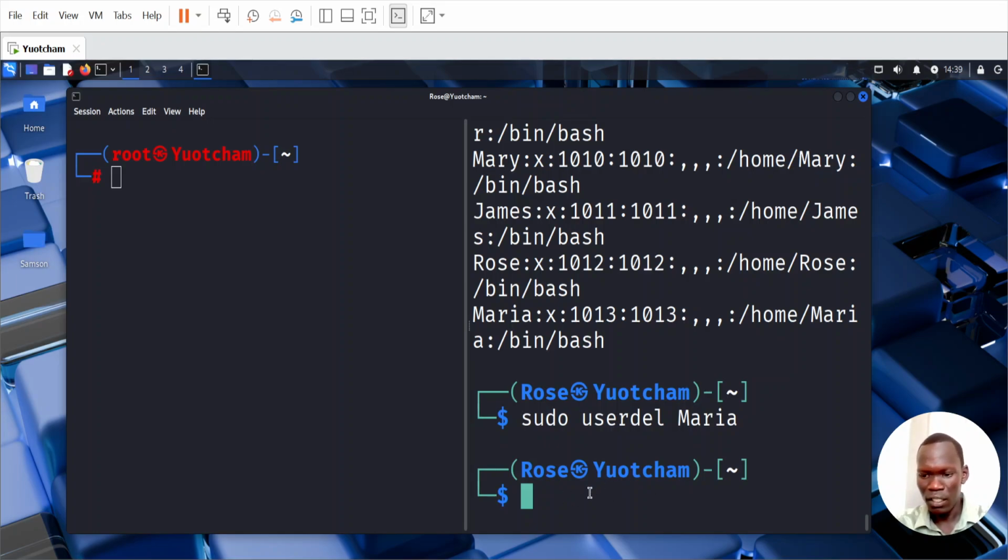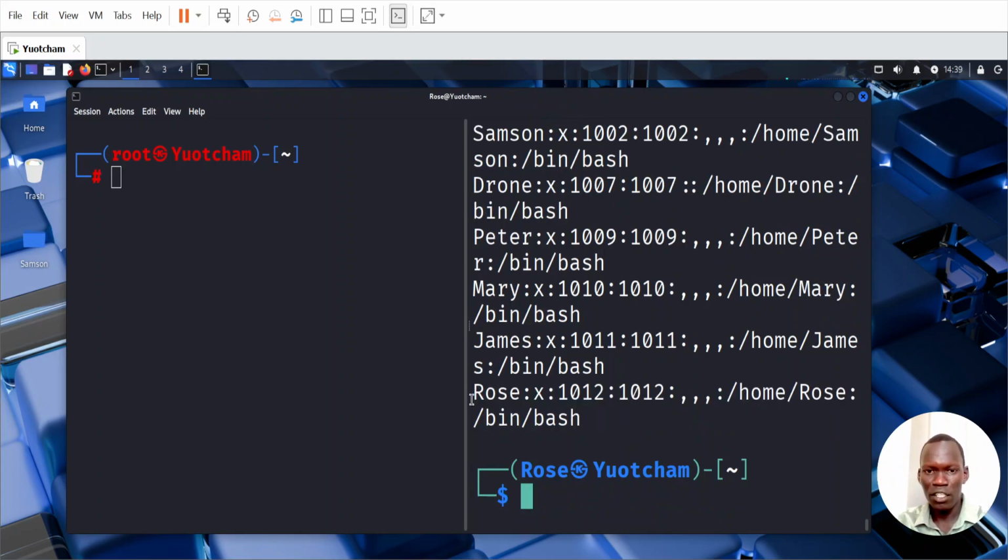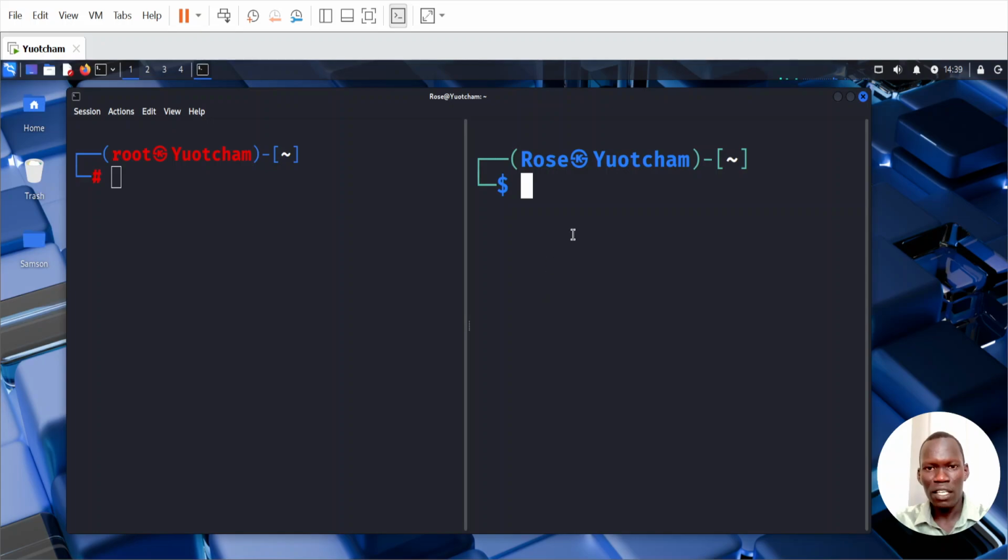Now you can see we check again, and the user is removed. We are now remaining with only rows, the very one that we are logged in as. So this is how you assign users to the sudo group, so that it can have all the privileges in the system to create or do anything in the system. That's one way. Number two, another way is by the use of